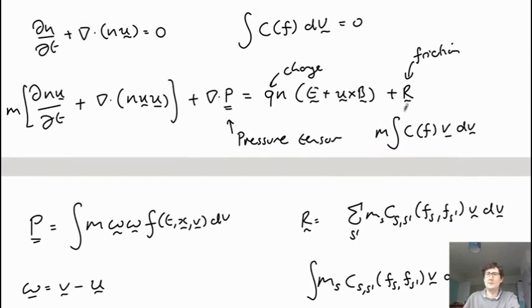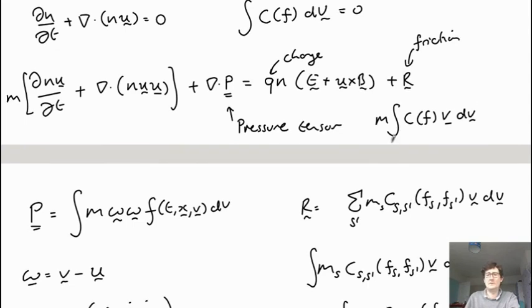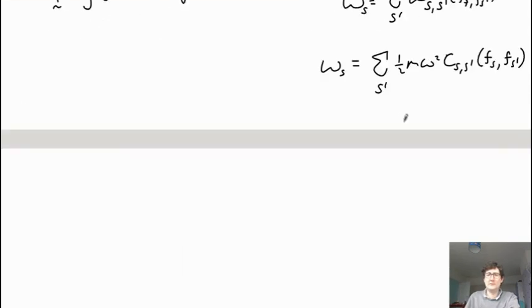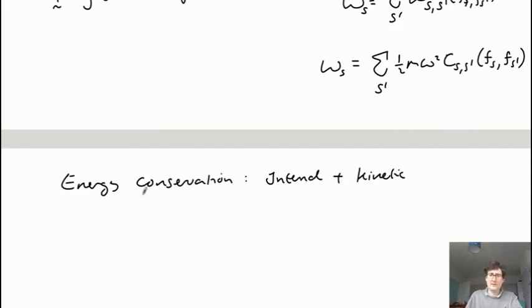So this friction between two species can also transfer energy between them. If you have energy conservation, then we must take that into account. What this means is that the transfer of energy from S prime to S, so W_S, the heat into species S due to species S prime,